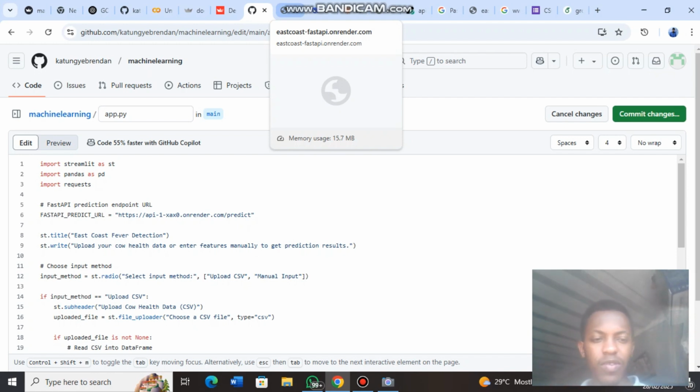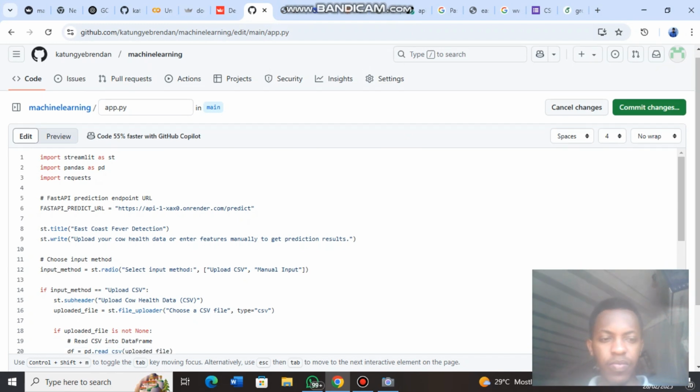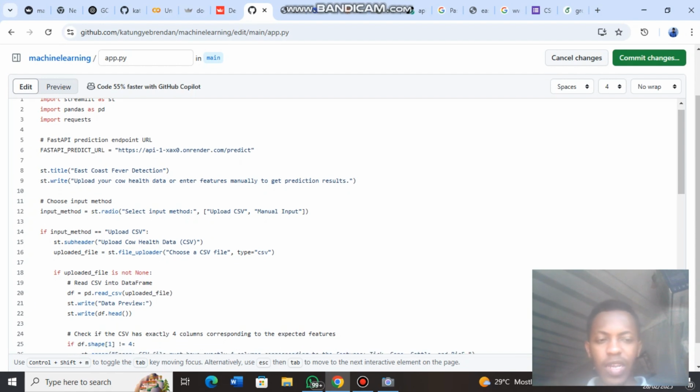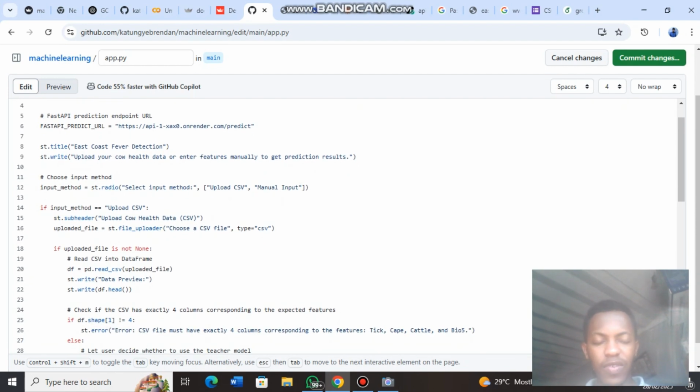And now let's dive into the code. Our app offers two ways of inputting data. The first one is uploading a CSV file, and the second is entering features manually. Let's first understand the CSV upload handling: if a CSV file is uploaded, the app will read